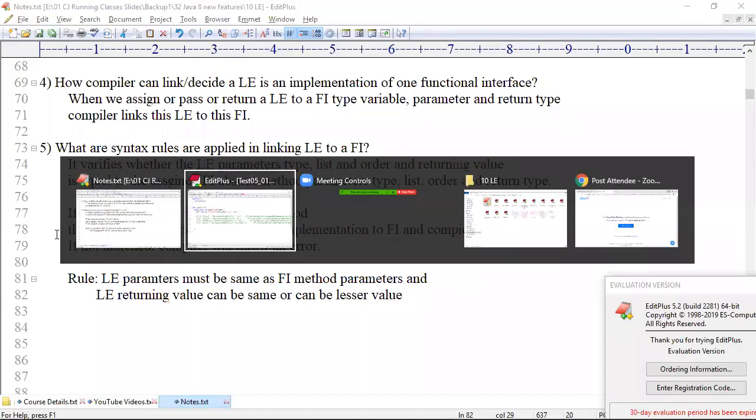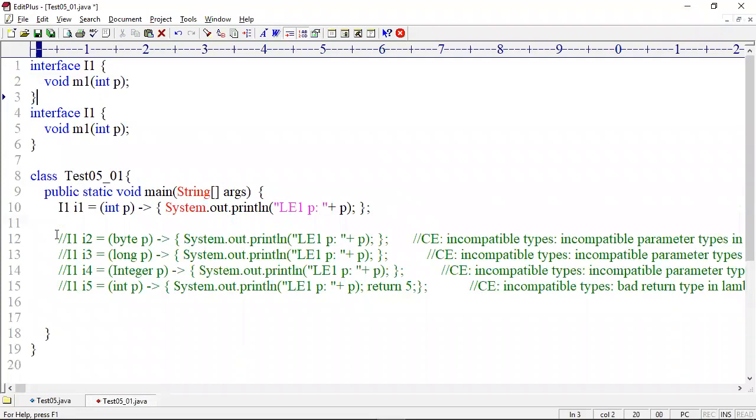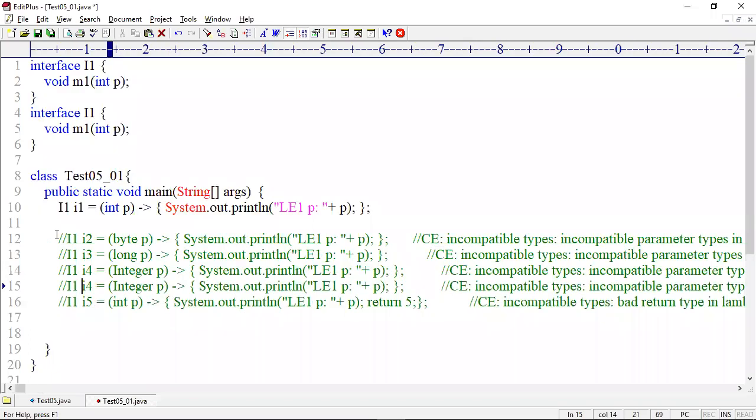Now here I'm taking one more lambda expression, one more anonymous one. Can I add more parameters? Can I change the list? No, right? Here I am writing int p, int q. Can I change the list?